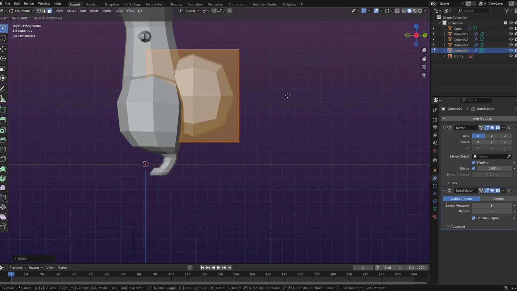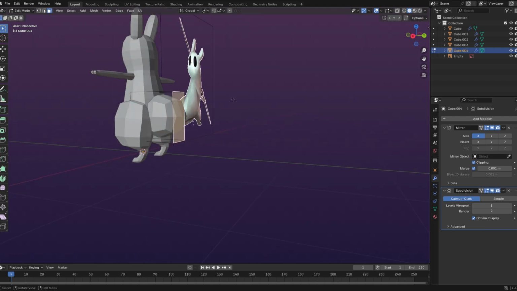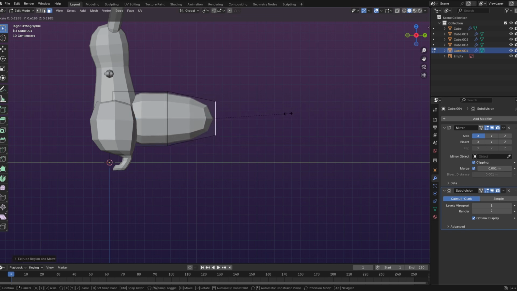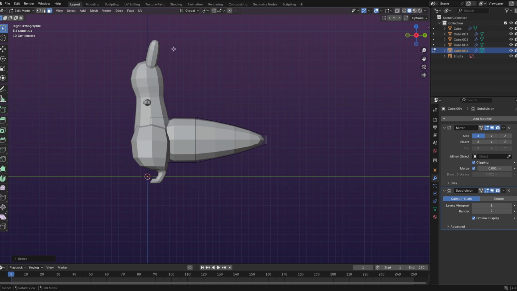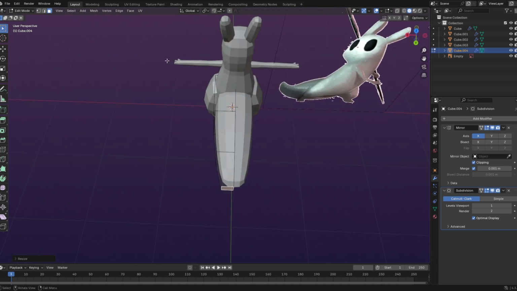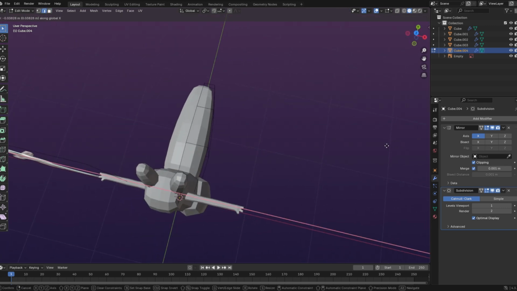and back. Now that our Slugcat has a bunny tail, we will take this face and we will extrude it, scale down just a little bit, extrude again, and scale down again. And now you have your Slugcat a tail. If you want it to kind of be on the ground, I tend to keep it